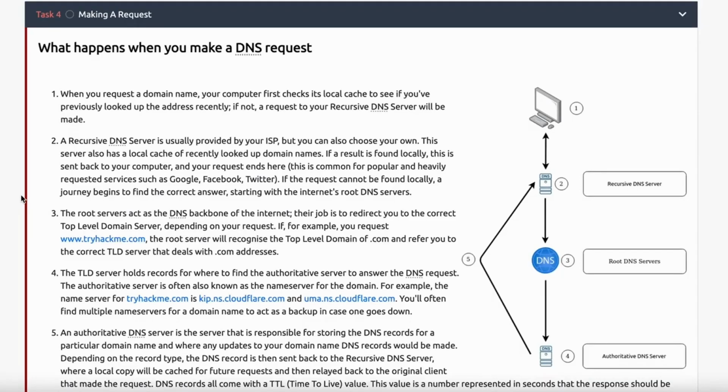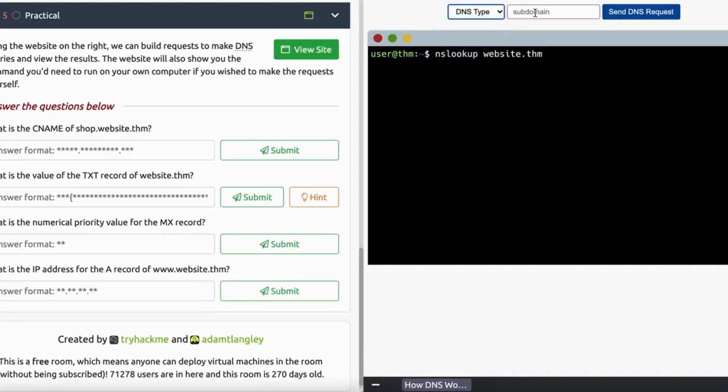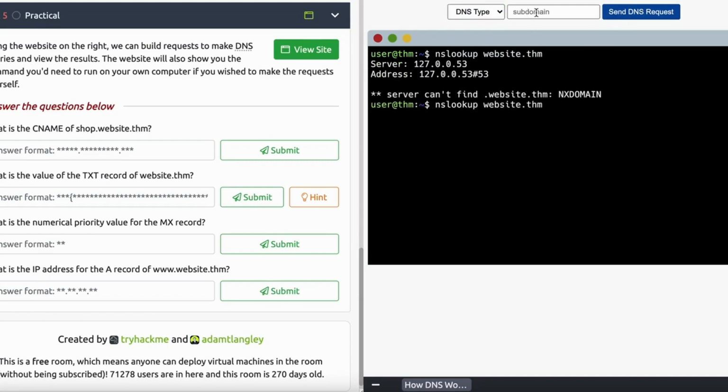This also has a cache of locally stored and recently searched domain names, so it will check there as well. If that doesn't work, it will forward you on to a root DNS, and these are the backbone of the internet. That will refer you to the top level domain name, and then from there you'll be forwarded to the authoritative DNS server, which will actually return you google.com. So finally, to finish this walkthrough, I will leave the practical to you. There is a flag that you can get, and that is some good practice, and it basically will show you what all is going on with DNSs.